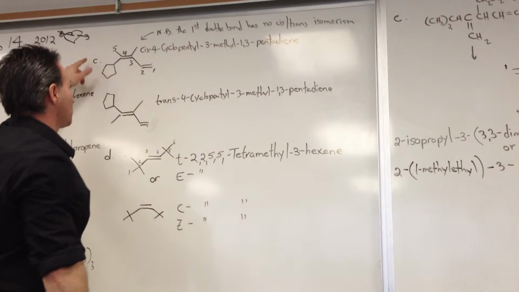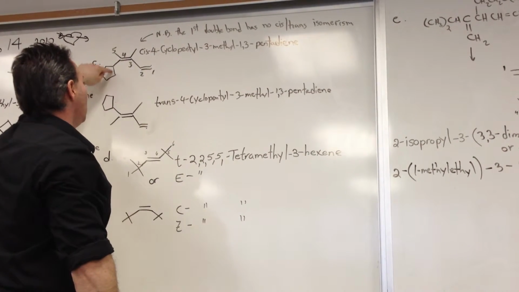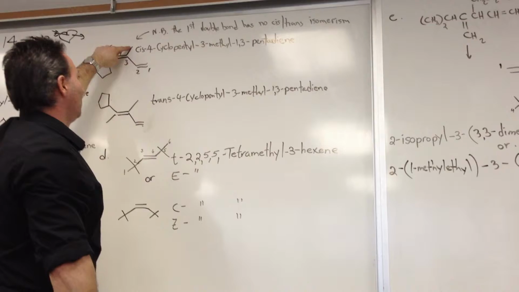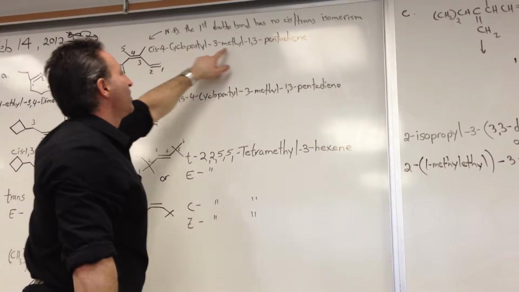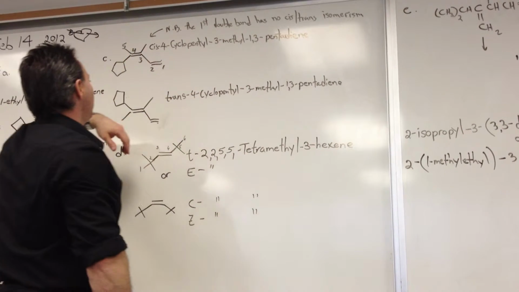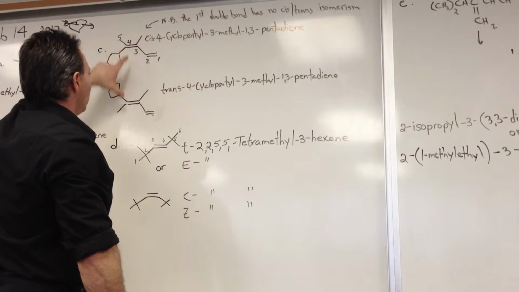And then everything else is a substituent. This is a substituent, and this is a substituent. So we call it 4-cyclopentyl, 3-methyl, 1,3-pentadiene. Now, because there are 2 double bonds,